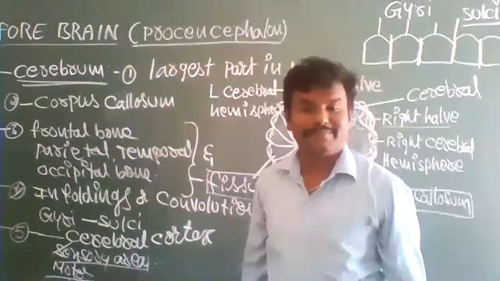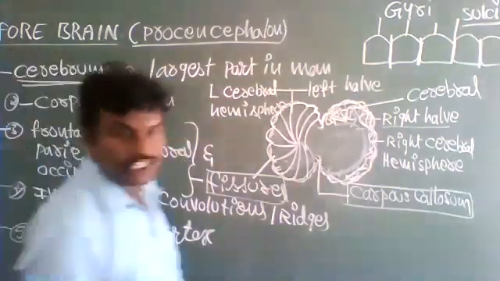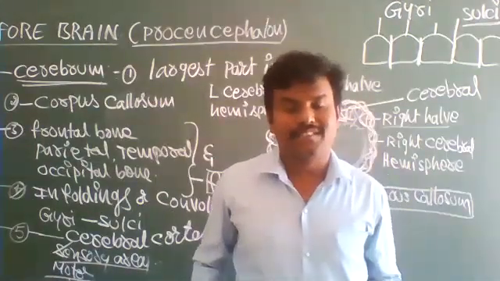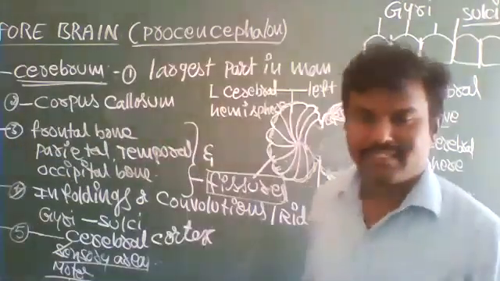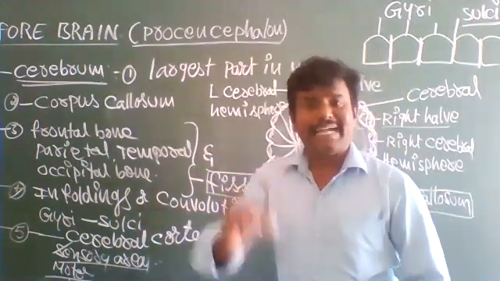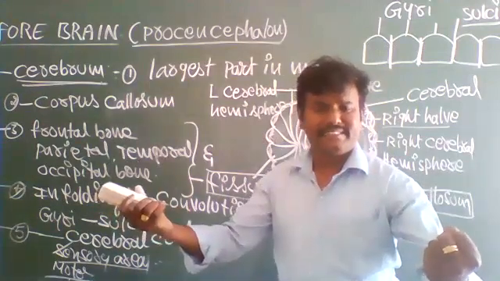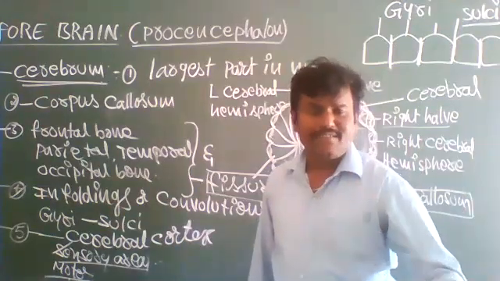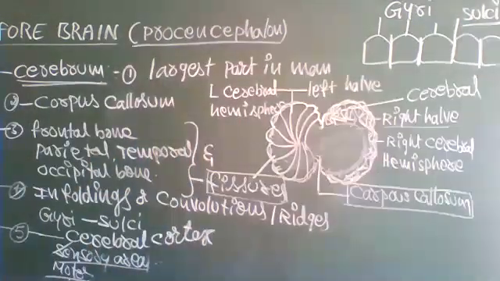Movement of our hands, speaking, changing the location, sitting, running, watching television, sleeping. These are all voluntary activities controlled by motor areas. Next, the third one is